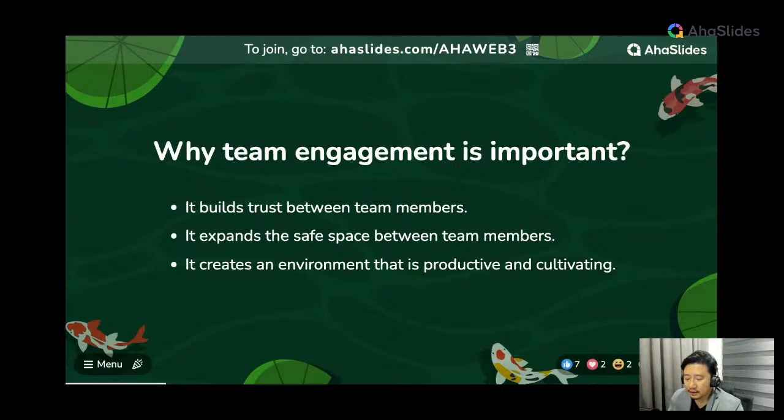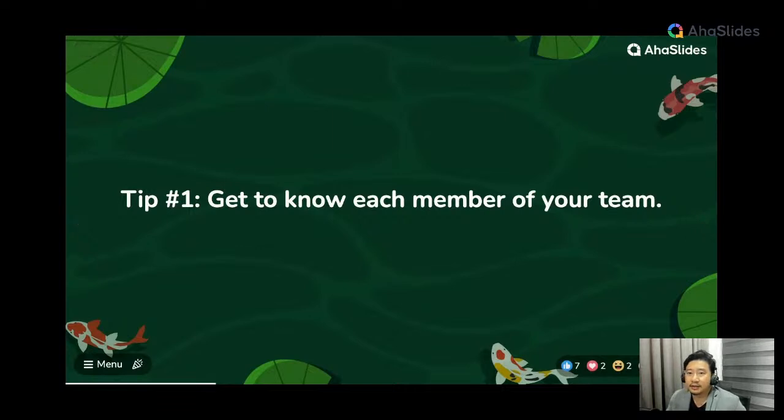So team engagement is a huge topic. If you type in team engagement on Google, you'll find that there are a lot of things to do with team engagement, how to engage your team, and on the other side, how to prevent disengagement. It's huge. So we are barely scratching the surface here. The first tip for all teams, whether you've worked with each other for years or months or even just days, is try to get to know each member of your team, not just on a work basis, but get to know your team as a friend, more than a colleague.